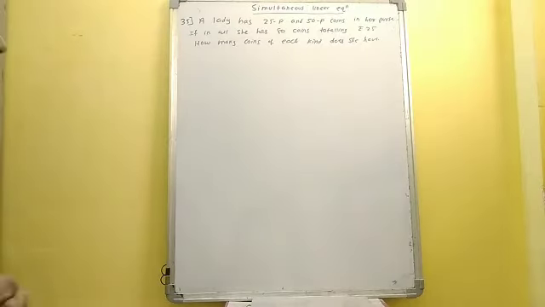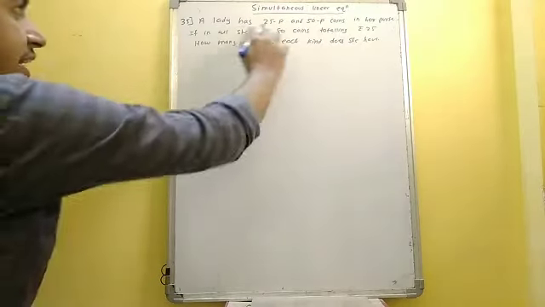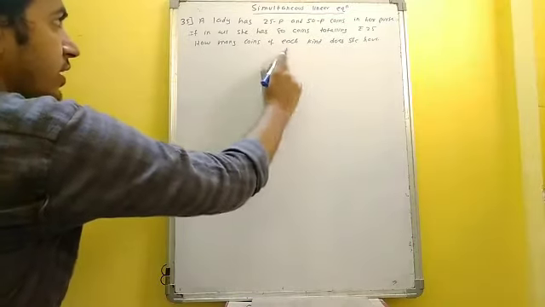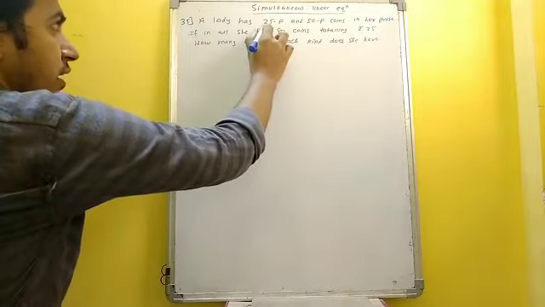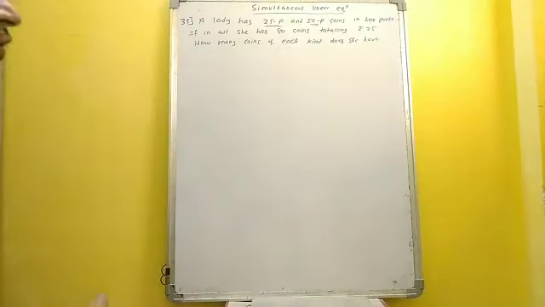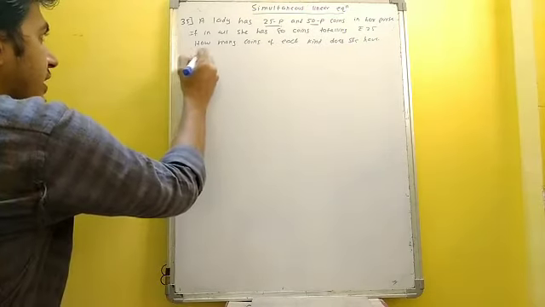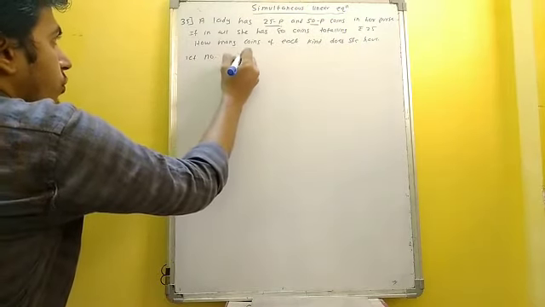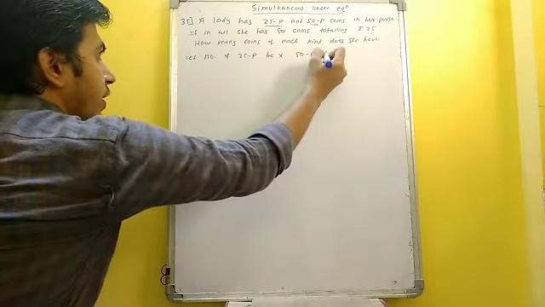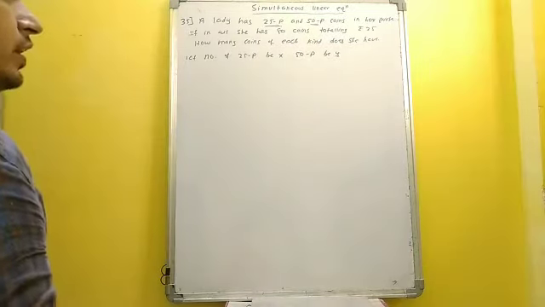Okay, so in the 35th question, a lady has 25 paise coins and 50 paise coins, and it is asked how many coins of each kind, means how many 25 paise coins and how many 50 paise coins is the question. Okay, so we'll let the number of 25 paise coins be x and 50 paise coins be y.